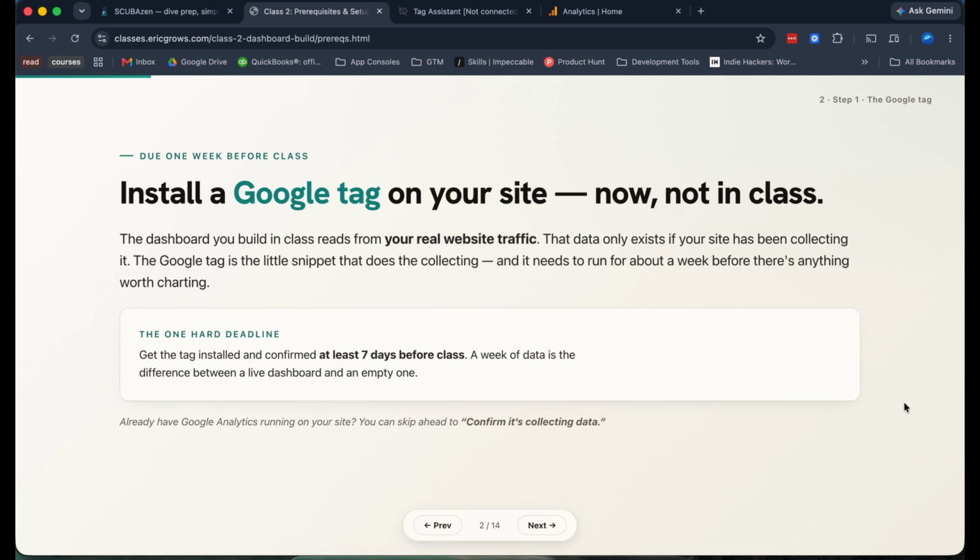It's really useful information when you want to start tracking the performance of your website, figure out where you can improve, make it more engaging, but also help figure out where the traffic is coming and going through the site. And so it's really good to have all of this data. And then the purpose of the dashboard class is to use that data in such a way that informs decisions and allows you to improve the performance of not only the site, but your business overall. So it's pretty easy to do.